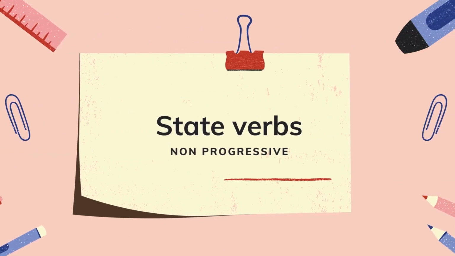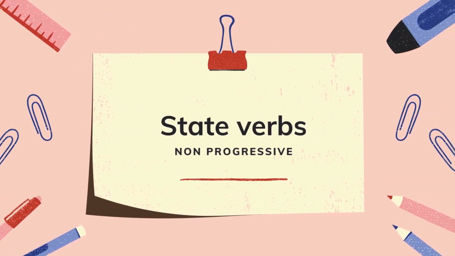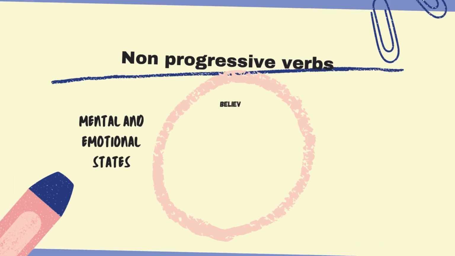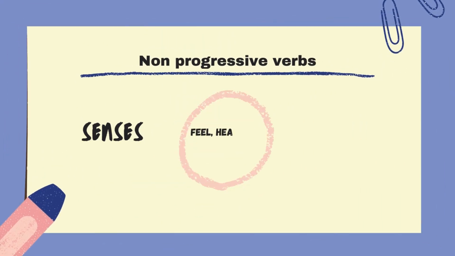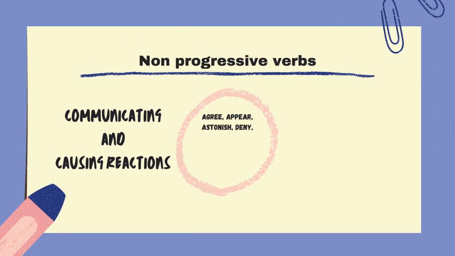Now let's move on to explore non-progressive verbs. Mental and emotional states. Expressions like believe, love, and understand often convey a state of mind rather than an ongoing action. Senses. Verbs like see, hear, and smell describe sensory perceptions, capturing a moment rather than a continuous process. Communicating cause and reactions. Verbs like agree, appear, and astonish express reactions or causes, portraying a situation rather than a